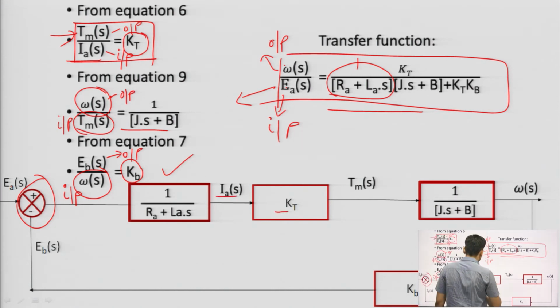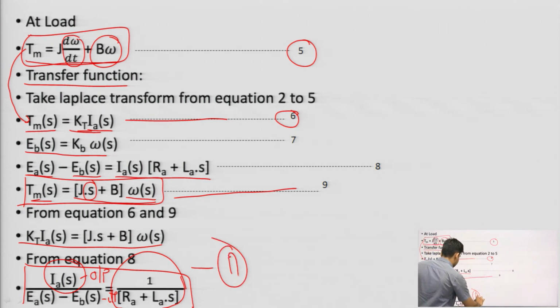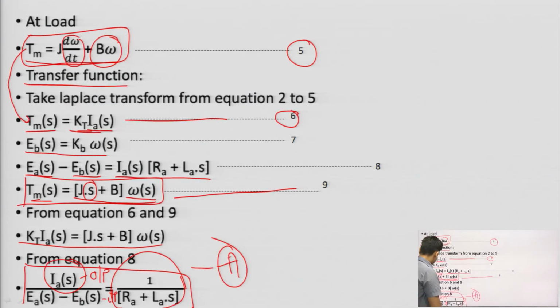Now, k t is here. Let me go to the previous equation to show how I am writing this block. This is my first equation where I made the first transfer function. You can call it equation number A, because we had already done the numbering 1, 2, 3. So this is equation number A. Here my input is E a minus E b. That is why, since subtraction is happening, I need to add a summer.